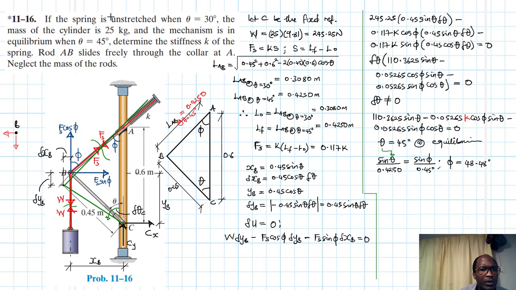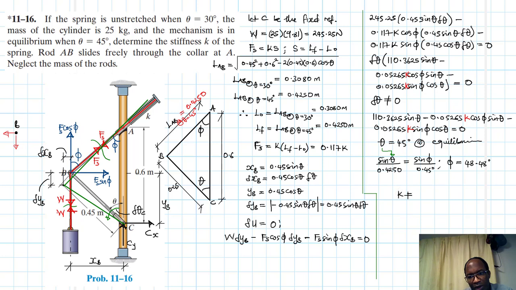Sorry about that, it's a k that we just forgot to indicate. So we can make that k the subject of the formula. We plug in phi and theta. Therefore, our k, which is the spring stiffness or the spring constant, will be equal to